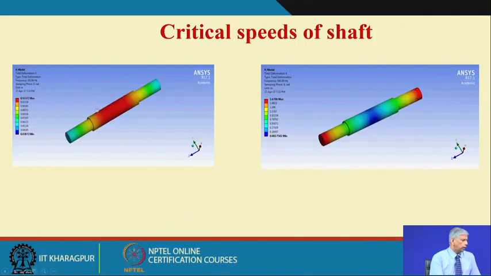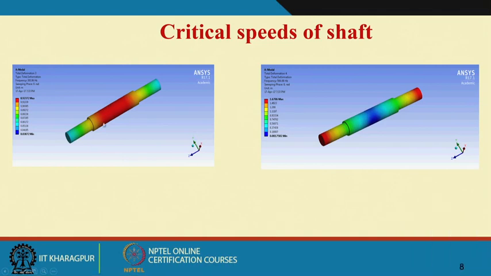So, if you look at this mode shape of the critical speeds of the shaft, the red means maximum displacement, that means the shaft is bowing out like this. Now, imagine this. The factor controlling this natural frequency, if the inertia of the shaft is not to be changed, is the bearing stiffness, which would influence the natural frequencies. We can use the expression omega n equals root over 2k by m,